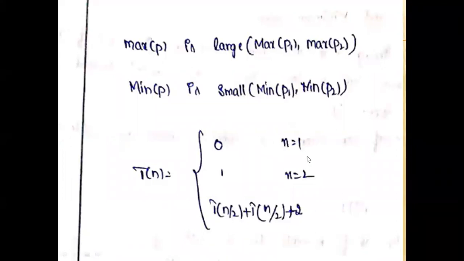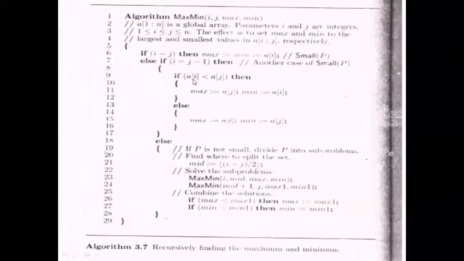First, compare two elements, that is, two values: first i equal to j, next i equal to j minus 1. The total number of comparisons required is 2: for i equal to j, one comparison, and for i equal to j minus 1, one comparison. The total number of steps for comparisons is two.